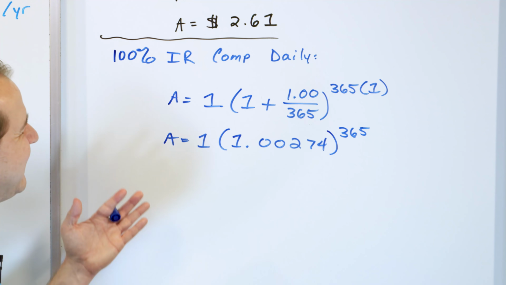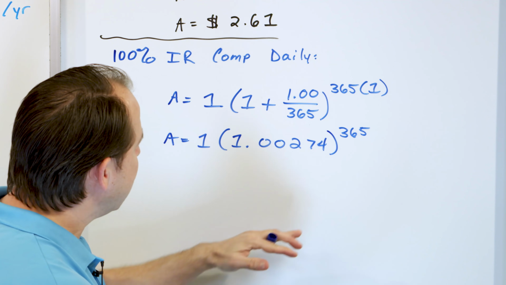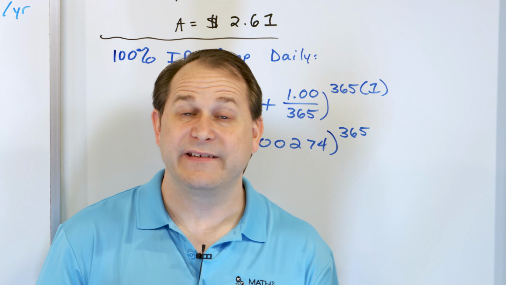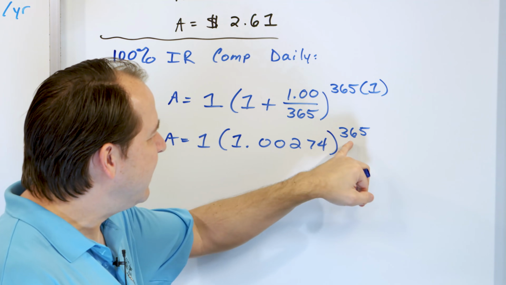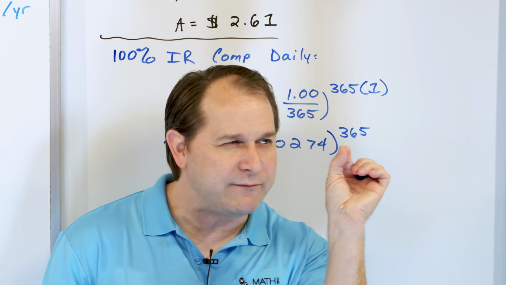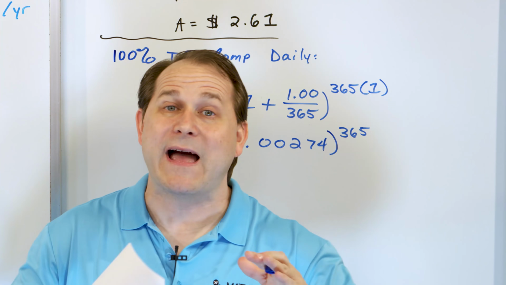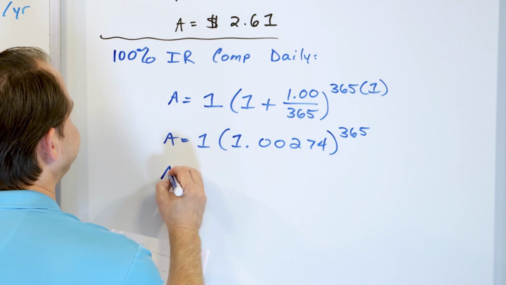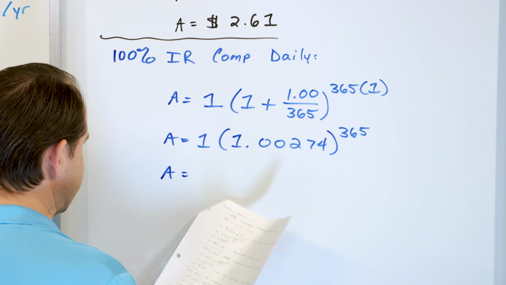So you see what happens is I take that interest rate that I was doing annually. I get a very small rate that's 365 pieces, right? But I'm giving that to you and I'm compounding that every day. That's why there's so many compounding periods. I'm giving you a little bit of interest every day rather than the whole thing over the whole year. What does this number come out to? Okay, what are you going to get? You're going to get